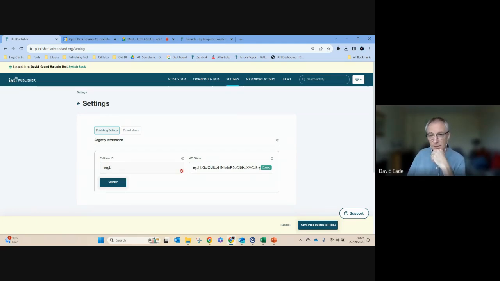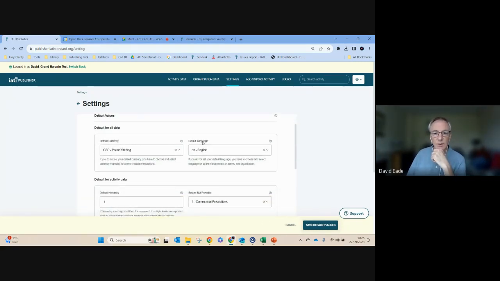That's done automatically within the IATI Publisher tool. Not sure whether you have to do that manually within HStream, but anyway, it's done automatically here. You can then also complete some default values. So basically, the default values are used in the IATI Publishing tool for fields which are used on a number of occasions. So for instance, if you think about